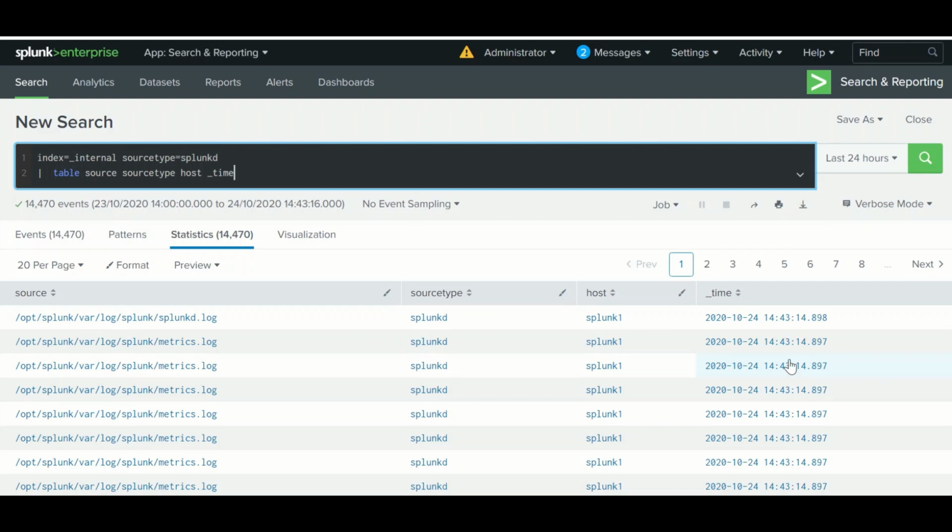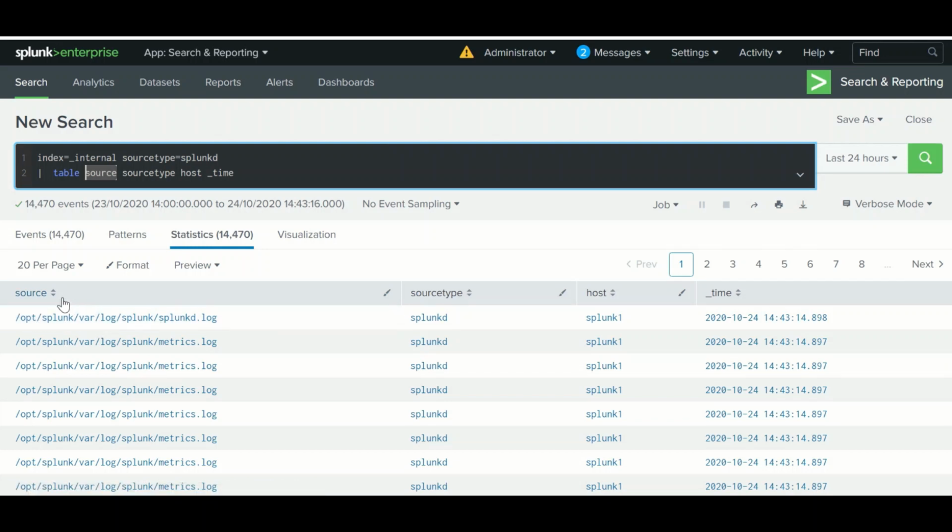The column header is nothing but the field. This is the header, and these are the fields. Each row represents an event in the table, so an event in the index, you can say. Each row contains the field value for that event.